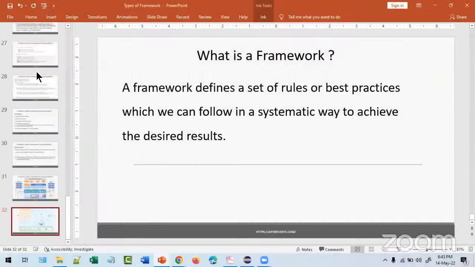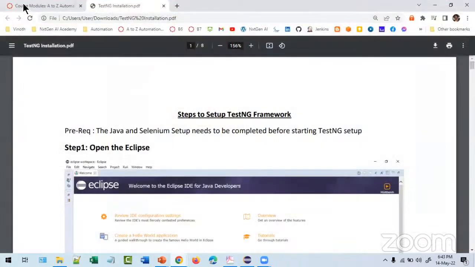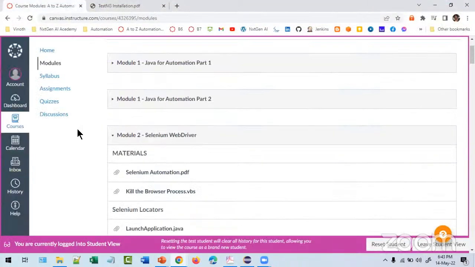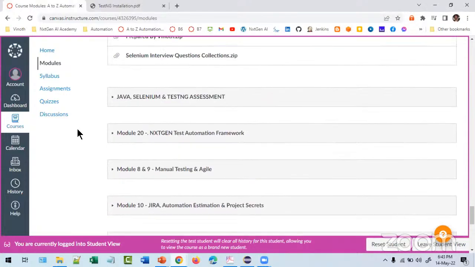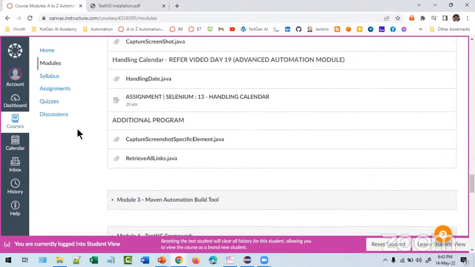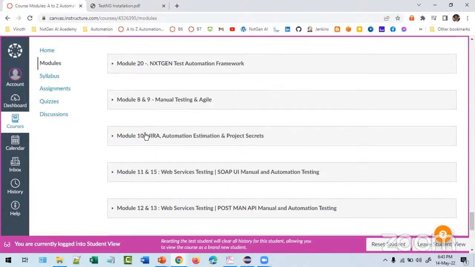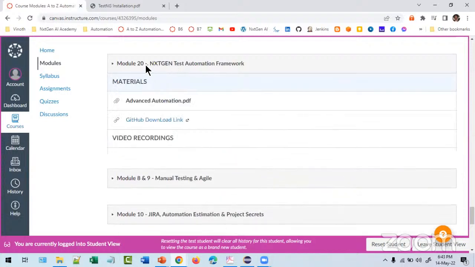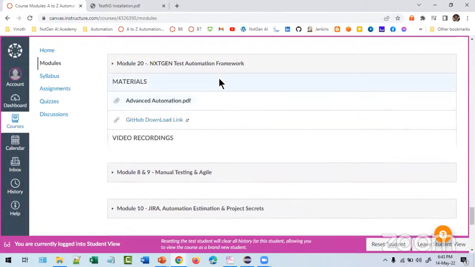So this is just an overview of why we want to learn about frameworks, and for interviews, as I already said, Selenium is completed. Next is the 20th module.